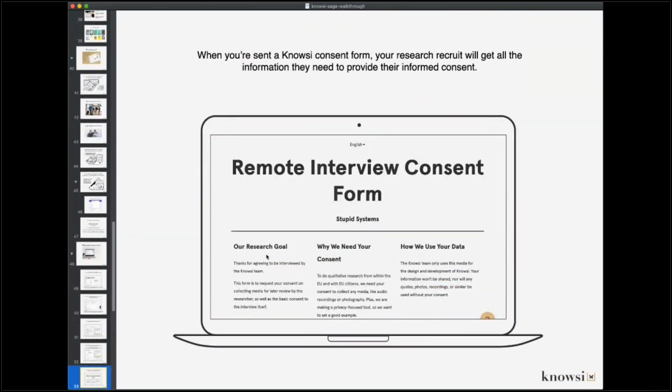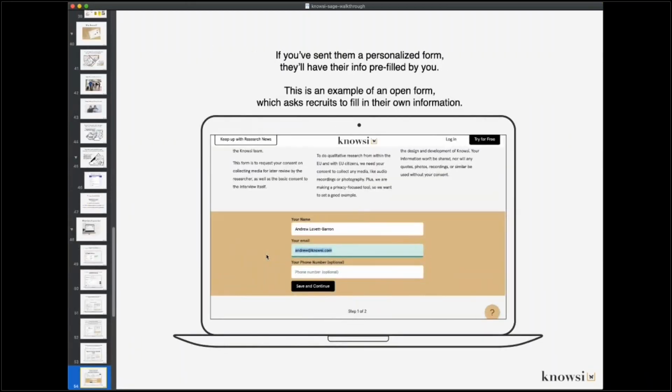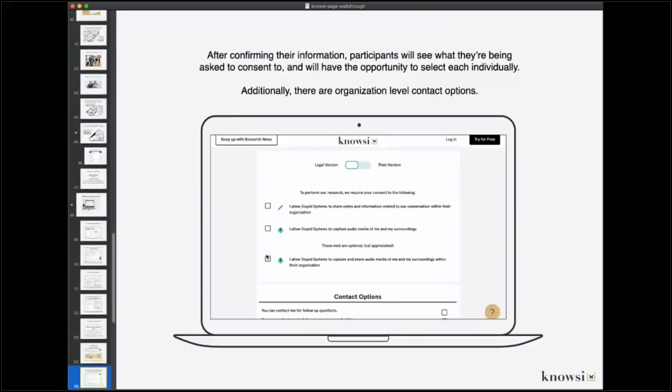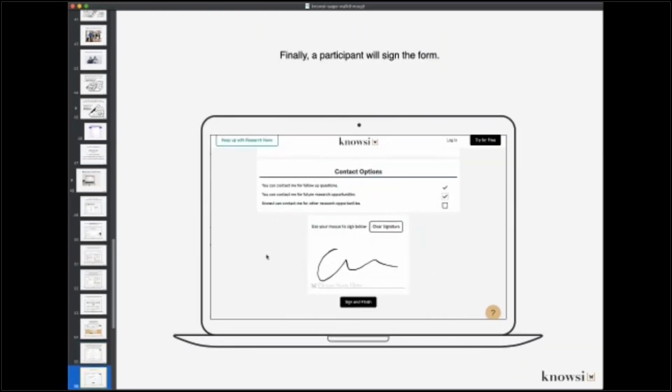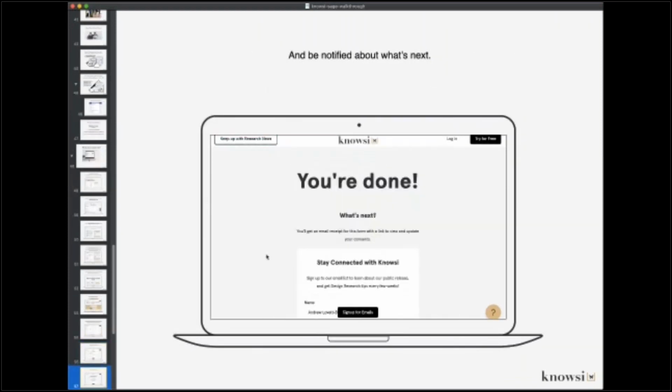When you send a form to a participant, there is a mechanism that is still in beta to do different translated forms. So there is the possibility of doing multilingual forms. It works, it just doesn't have full language coverage right now, unfortunately. They'll get some of the information about the consent form up front. They'll be asked to fill out their name or confirm it if you've put in their name for them. And then they can easily fill out their consents and contact options. There's legal language and plain language used there. And then they can just sign and they will get this screen.